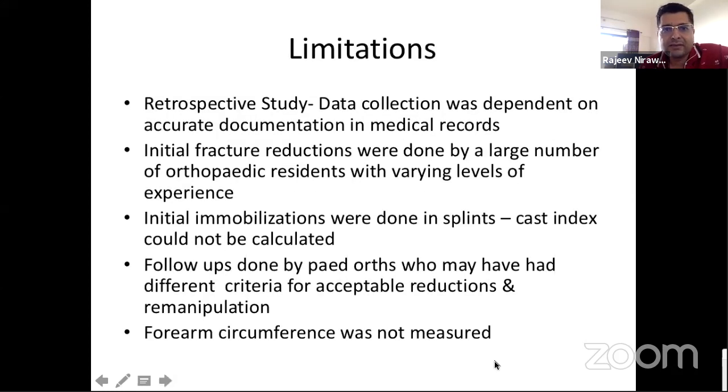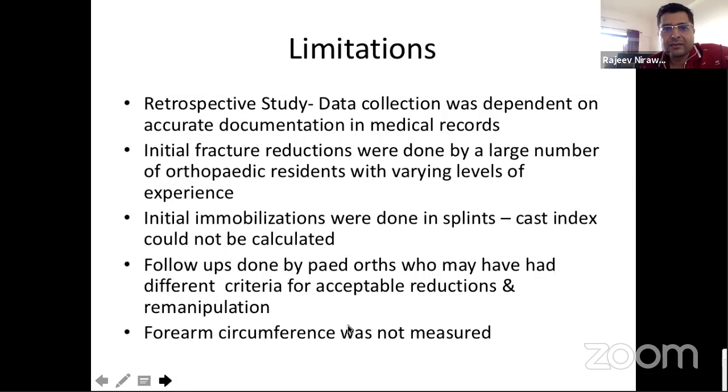And the limitations of this study are: it was a retrospective study where data collection was dependent on accurate documentation in medical records. The initial fracture reductions were done by a large number of orthopedic residents with varying levels of experience. Initial immobilizations were done in splints, so cast index could not be calculated. Follow-ups were done by pediatric orthopedic surgeons who may have had different criteria for acceptable reductions and remanipulations, and